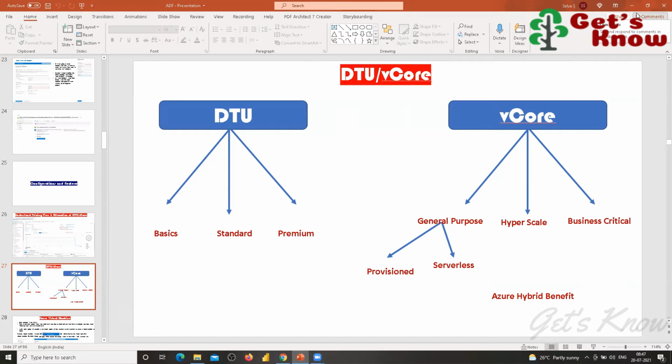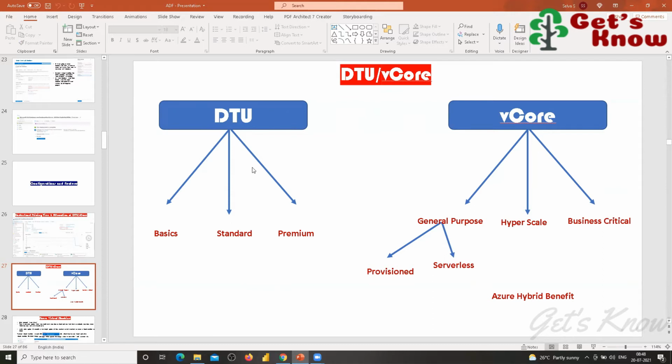So that background processing memory is what the DTU or vCore represents. This DTU or vCore represents the system's processing power. You got it? Fine.